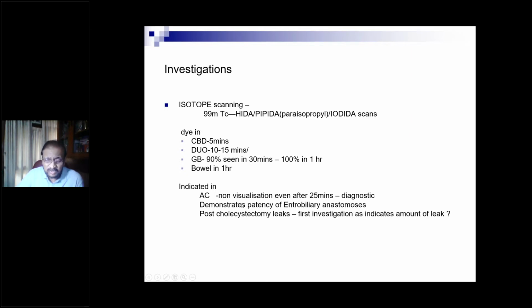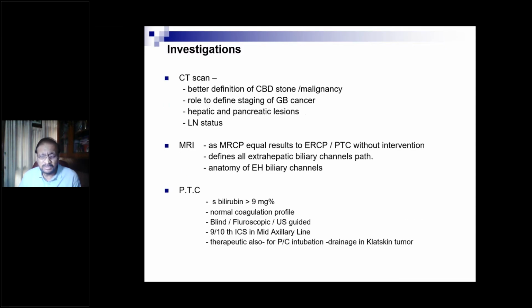So if in 25-30 minutes you don't see any gallbladder, that basically means there's some kind of a block at the neck of the gallbladder. After all, that is the route the dye is going to take, from the CBD into the gallbladder through the cystic duct. You block the cystic duct, no dye inside the gallbladder. It can also demonstrate the patency of an enterobiliary anastomosis that you have done. And it also tells you about the post-cholecystectomy leaks, although it's not the favored investigation for post-operative leaks after post-laparoscopic